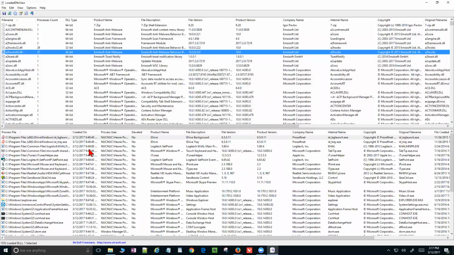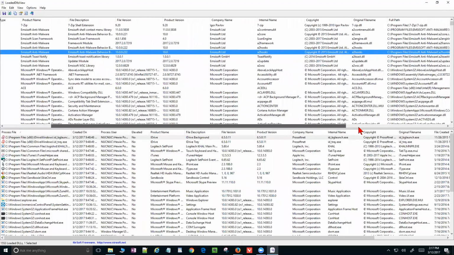There we go. It's highlighted, and then it shows all 37 of those items down below. So what is it talking about? How many processes, the DLL type, whether it's 64-bit or 32-bit. It shows what product it is from. This happens to be from my anti-malware program that I'm currently running, that expires this week, and I'm changing. It gives me a file description, the file version number, the product version, what company it's from, internal name, and